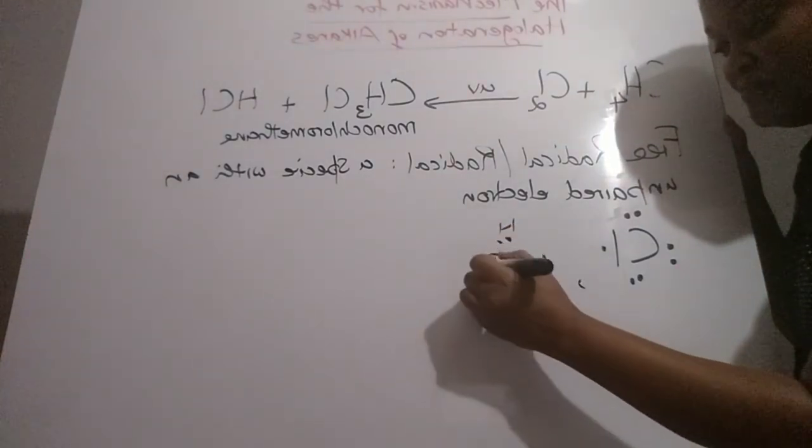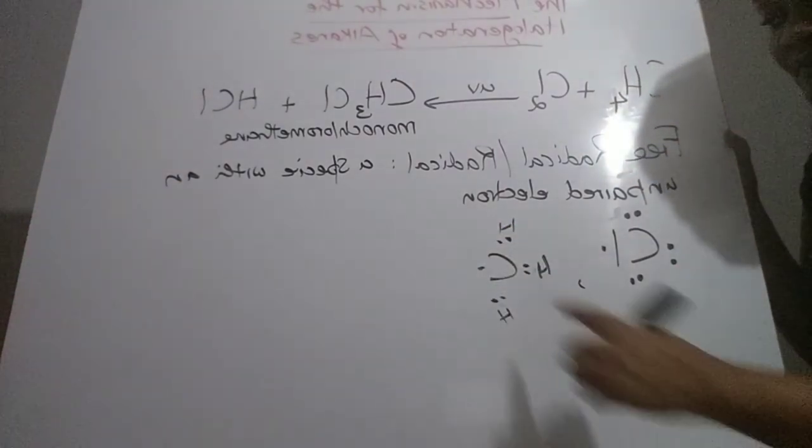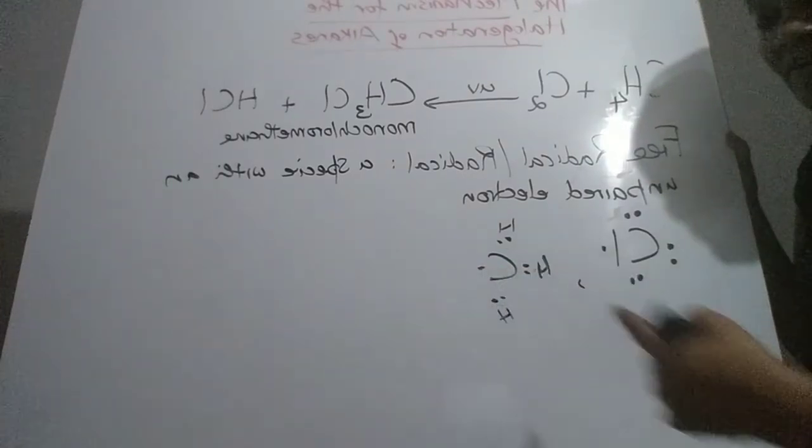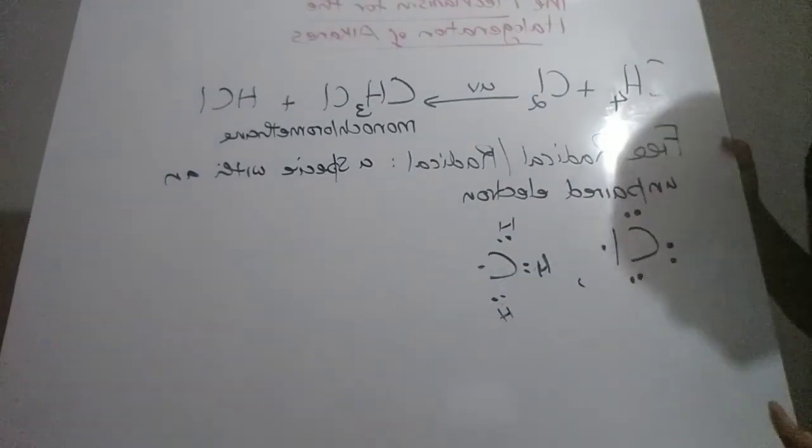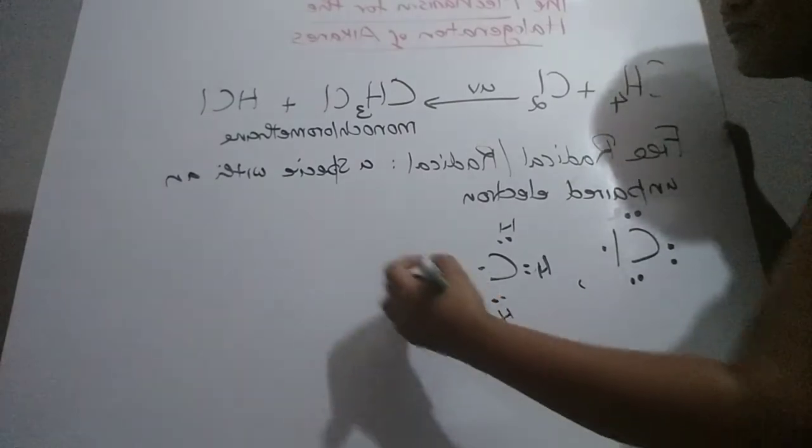And then we have an unpaired electron right there, right? See the unpaired electron? So this is a radical. And when you think about it, any atom from